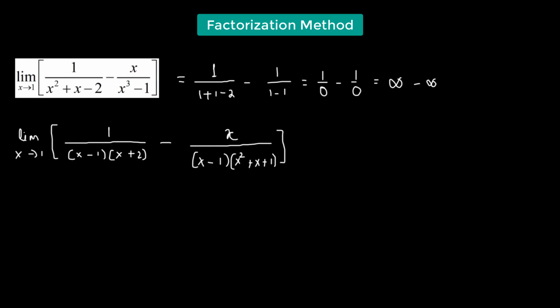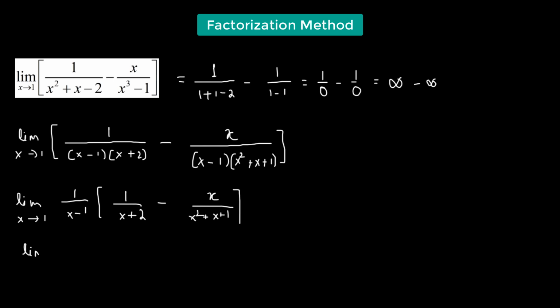Now we're going to factor out 1 over x minus 1. That is common in both the two rational functions, so that leaves us with 1 over x plus 2 minus x divided by x squared plus x plus 1. Now we are going to combine these two rational functions, so that will be limit x going to 1 over x minus 1